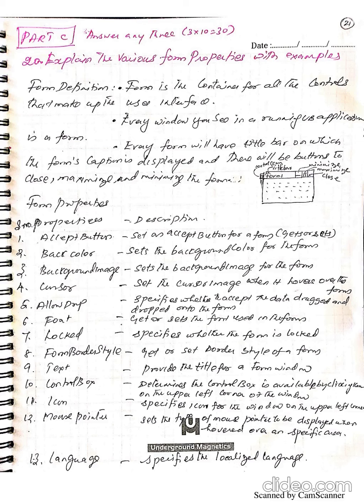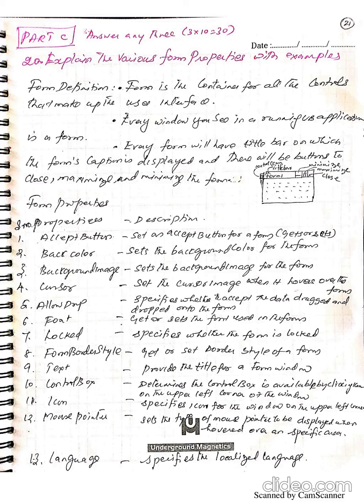Enabled allows the form to respond to mouse and keyboard events. The following is the example. Private Sub Form_Load, Form1.Show, Form1.BackColor equal to black. Form1.Name equal to sub form1. Form1.Font equal to Arial. Form1.Enabled equal to true. Form1.Text equal to my sample form. Print welcome to VB tutorial. End Sub.